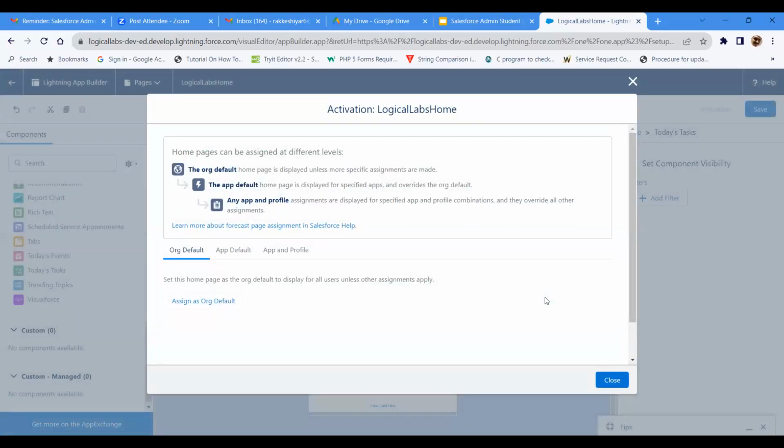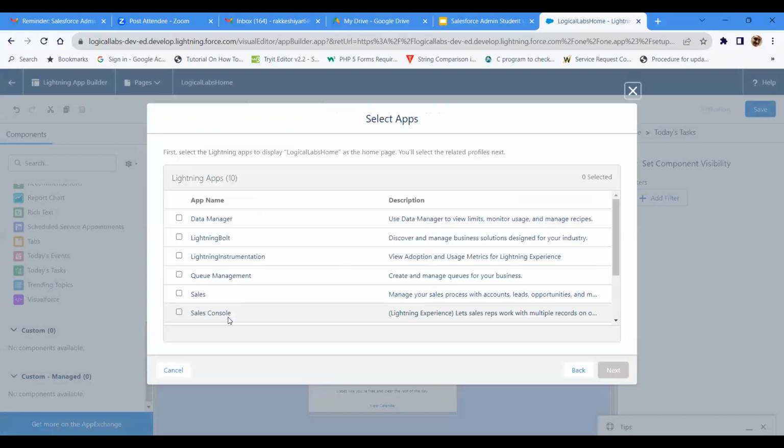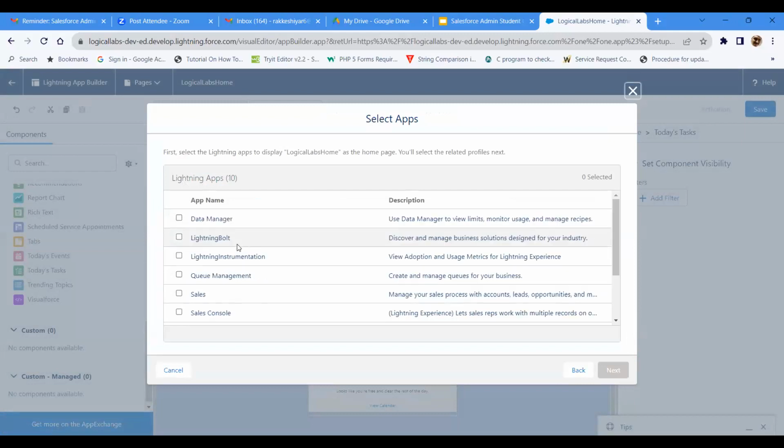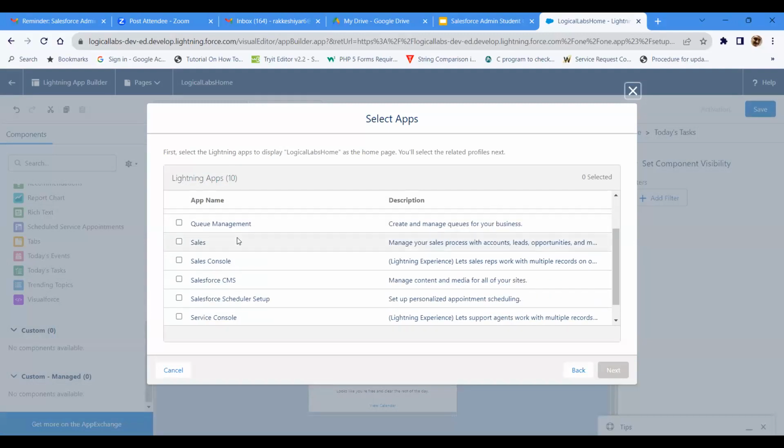Right? Once this activation is done, then what do we have to do? We have to go for app and profile page, where we have to assign the org here. Go to assign to app and profile. Now click on assign to app and profile. Now which apps will this home page be assigned to? Right now I'm going to map my home page to some of the apps here. I'm going to assign this home page to some of the apps like